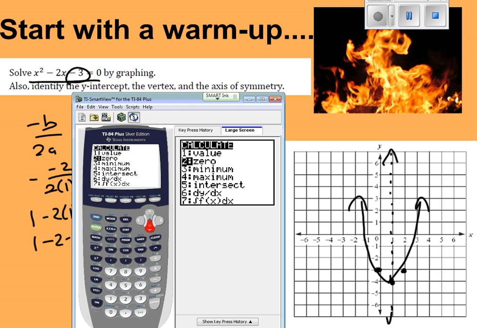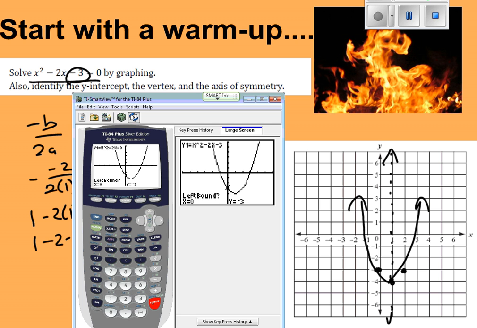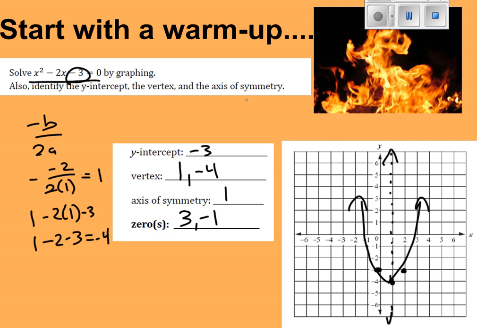So I want a 0. That's what we're solving for. So you see where it says left bound. I'm going to go to the left of the area I want to look at. Right bound, I'm going to go to the right of the area I want to look at. So I'm going to go to the left of where I think my 0 is and to the right of where I think my 0 is. Guess in between there, and I get negative 1, 0 for an answer. So I can do that with the other one. That can help me verify what my answer is. All right, so